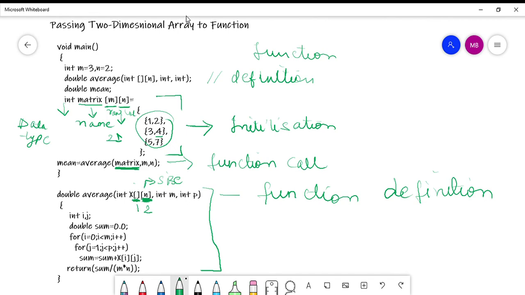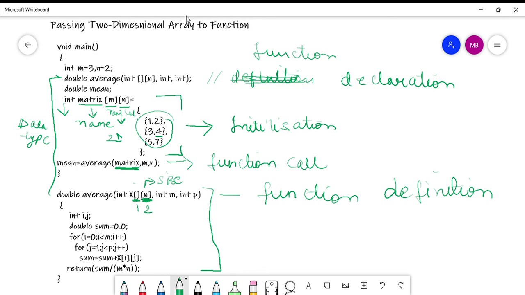Rest, and of course, the prototype declaration or the function declaration and the function header.